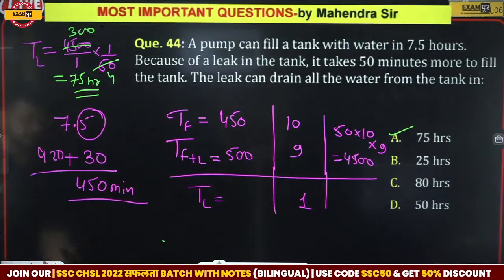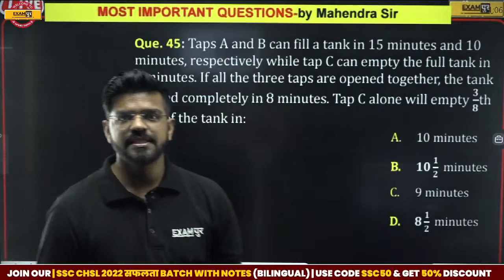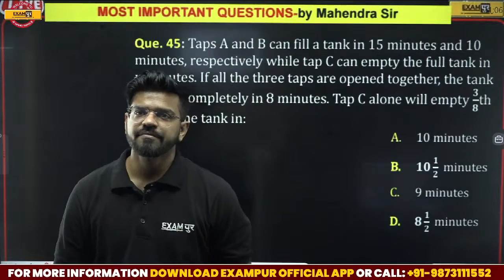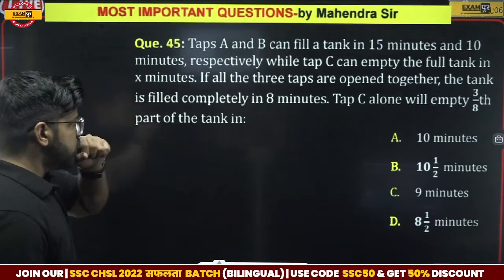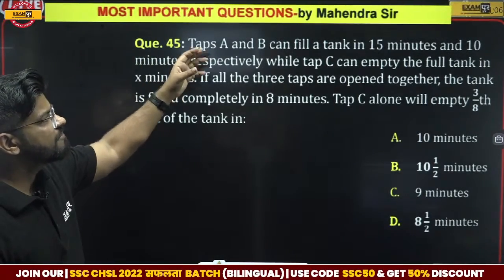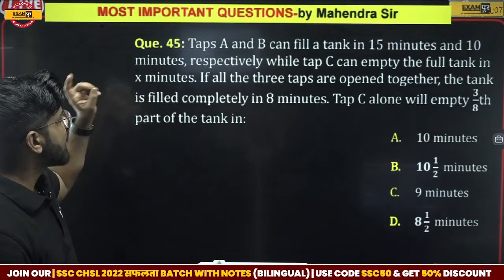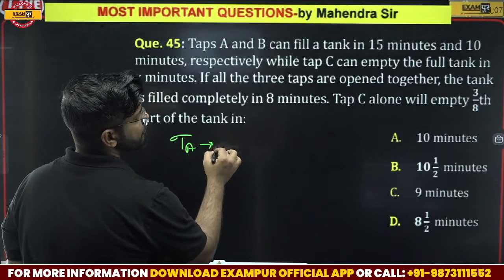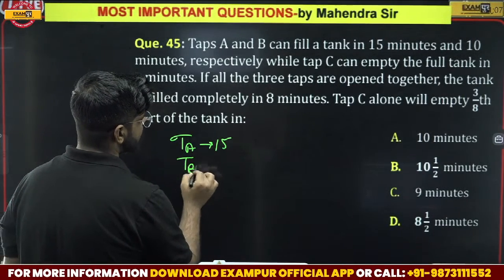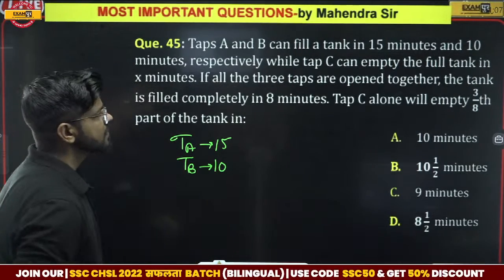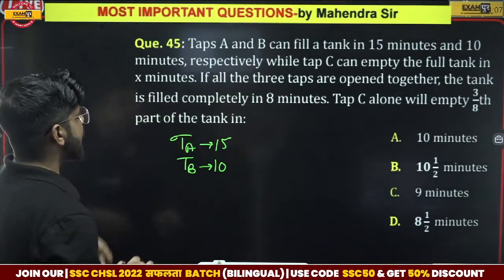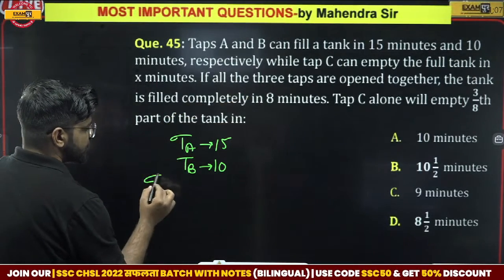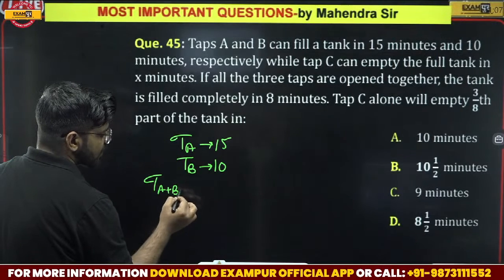Yes, Sohan, absolutely correct. Tell me the answer for question number 45. Taps A and B can fill a tank in 15 minutes and 10 minutes respectively. So tap A can fill in 15 minutes, tap B can fill in 10 minutes, while tap C can empty the full tank in X minutes. We don't know X. If all three taps are open together, means A plus B plus C, and C is nothing but